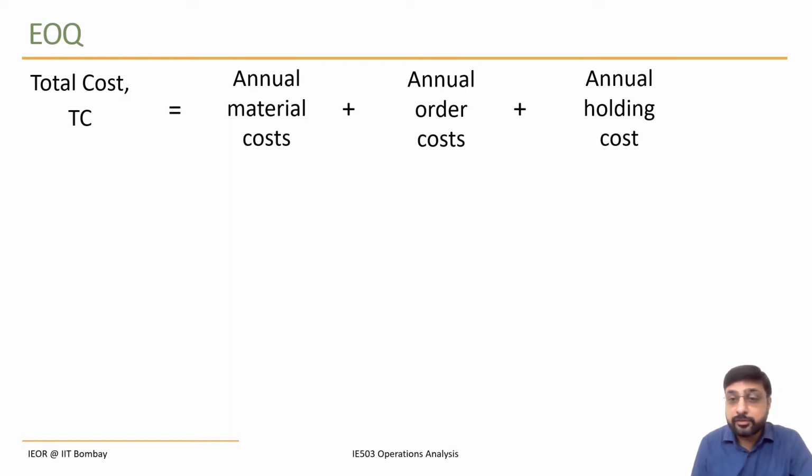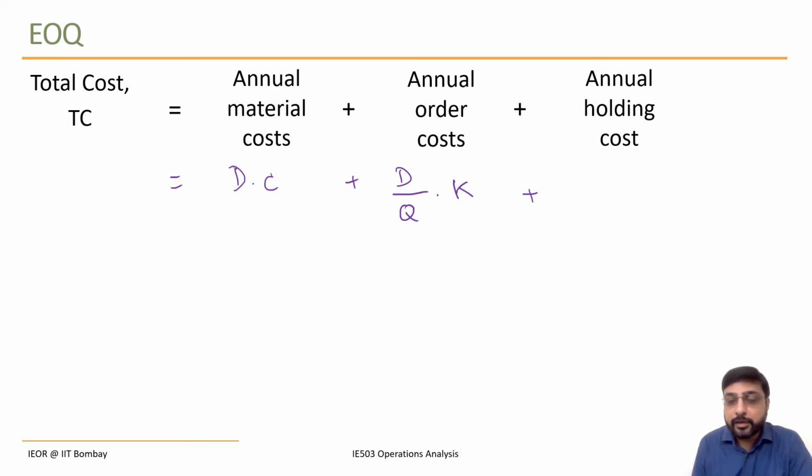The material cost, since we are going to sell D units in the entire year, can simply be given as D into C. D is the total demand per year and C is the cost per unit, plus the annual order cost is nothing but the number of orders in that year multiplied by the cost per order, which is D by Q into K rupees per order. That is the order cost,